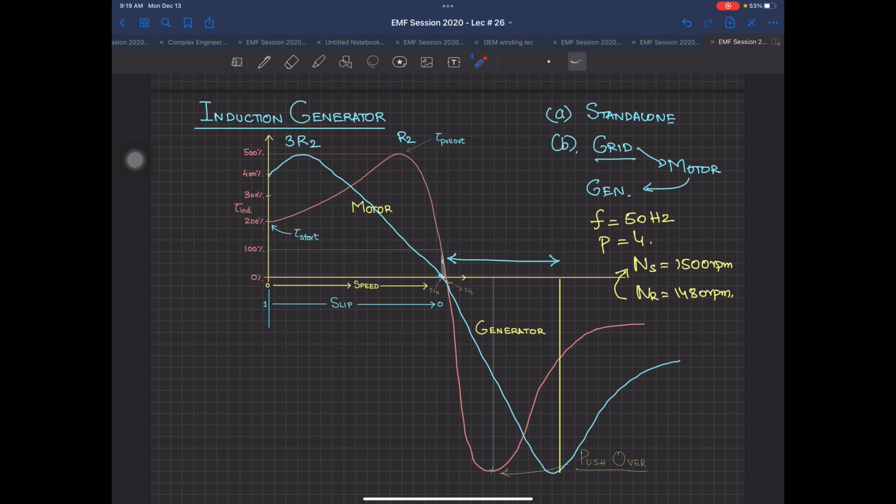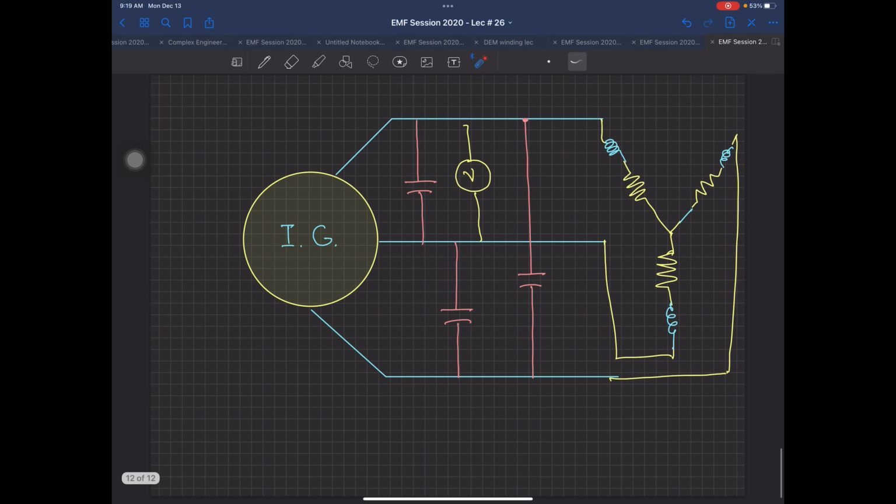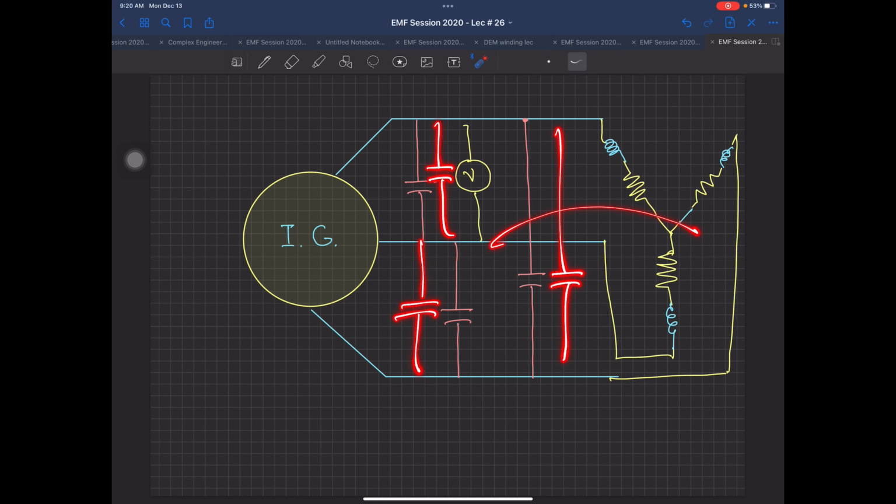So every time an induction generator is being used, very importantly, Q is never produced. This is very important. Q is never produced. P is always produced by an induction generator. So when Q is not produced, you will have to attach capacitors, and those capacitors are going to give that reactive power. And if your load also has a reactive power demand, you will have to add more capacitors inside your circuitry so that it can additionally provide Q here and Q on this side.